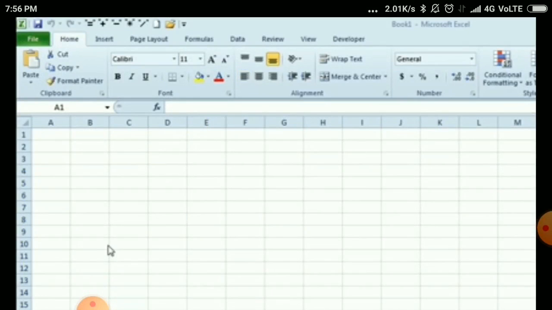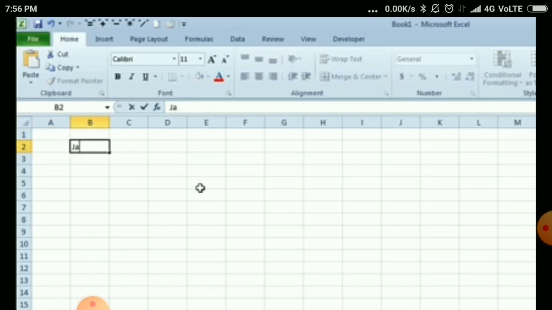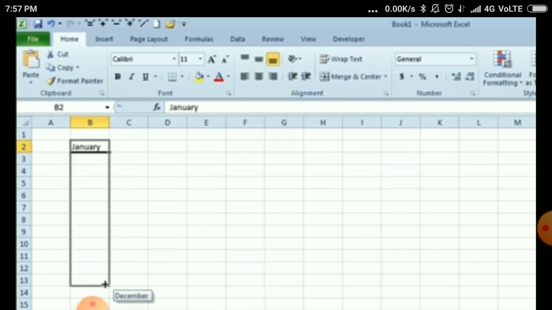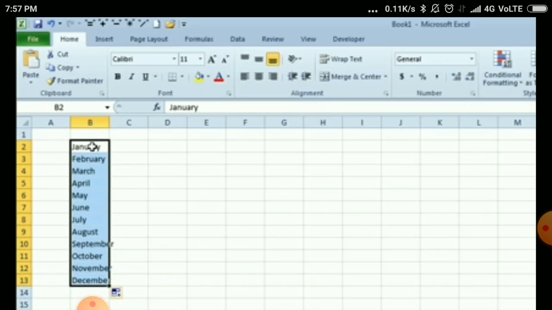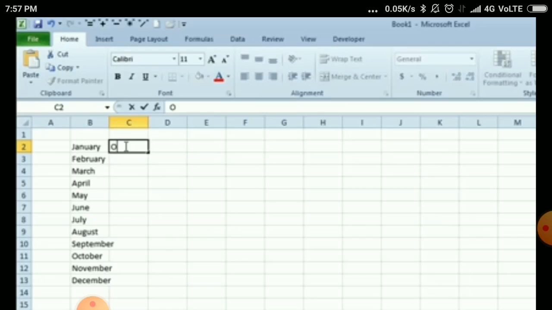Students, this is the Excel worksheet, and to understand it, in any cell I'm going to write a month name, like January. To write up to December, obviously I would have to write the whole data, like January, February, up to December. To shorten this process, I will bring my cursor to the right bottom corner, where you can see this plus symbol. This is the fill handle. I will just drag it and it will fill the series, or all the month names, up to December.